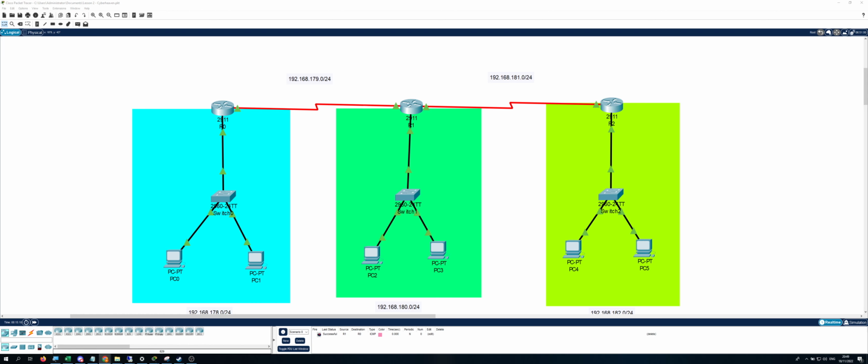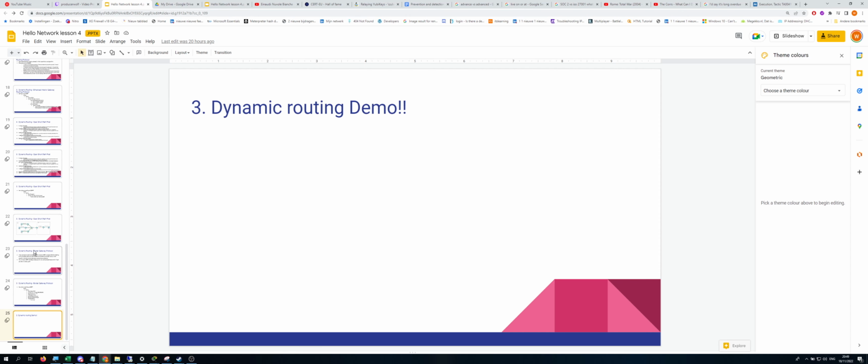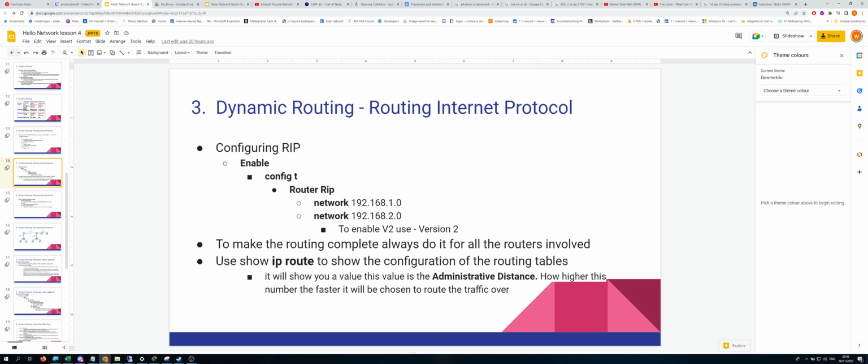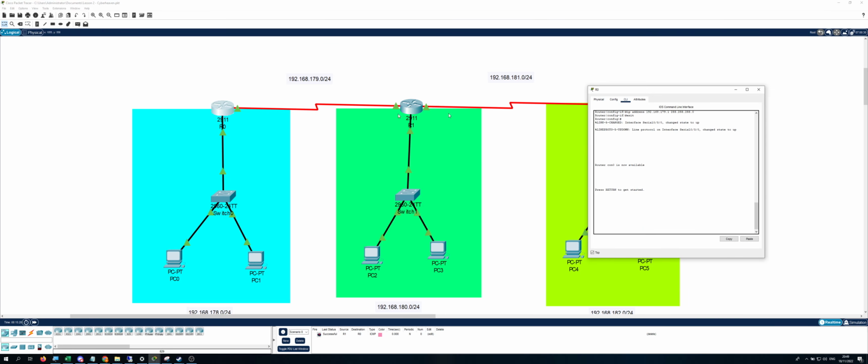Yeah, let's configure the RIP routing, guys. Let's get the slides ready. RIP routing. So that's actually pretty easy. So we go back in the router, enable, config t, router rip. Then we type in network